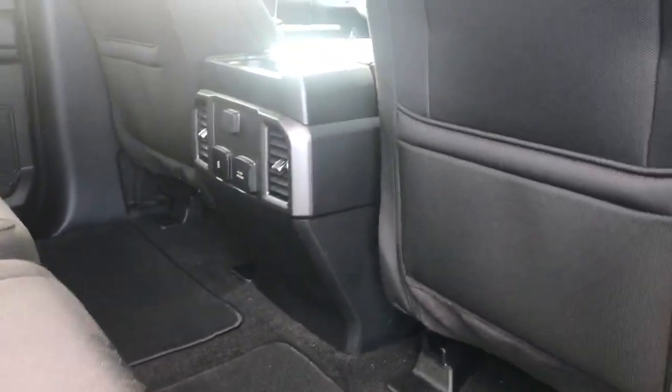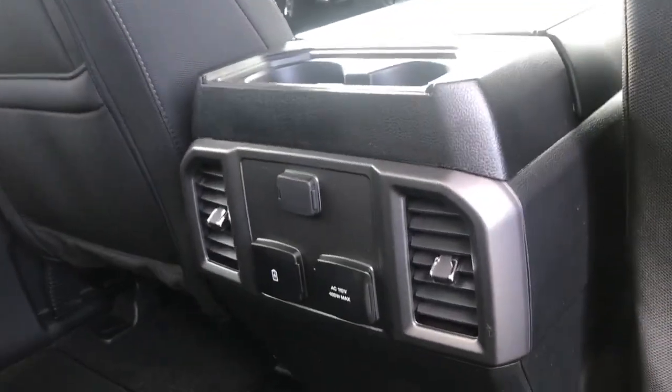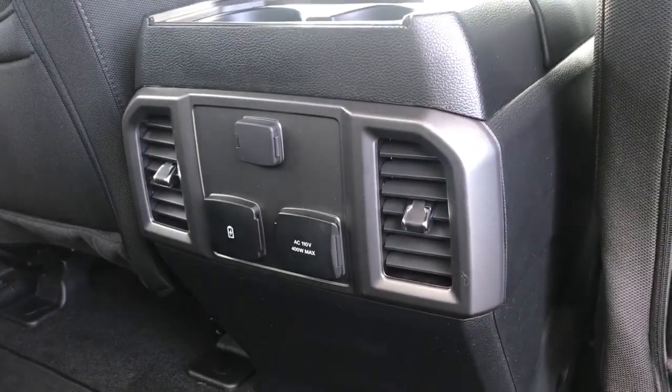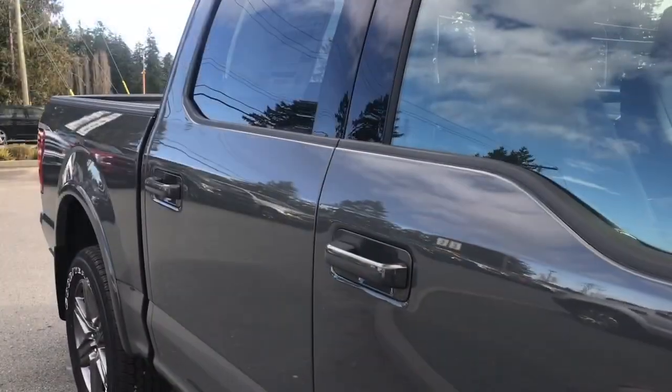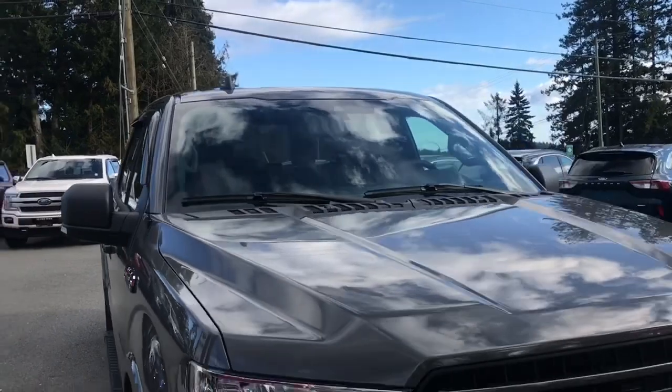It also comes with all-weather mats, slim pockets on the back of the front seat. In the center, a couple of cup holders, 12-volt, 110, and USB outlets, air vents on each side. There's a grab handle in the body, hooks and lighting up above, and in the back, access to a big window that has rear defrost. Body colored bumper, mud flaps, 5.5-foot box, privacy glass in the back windows with window vents, heated and powered side